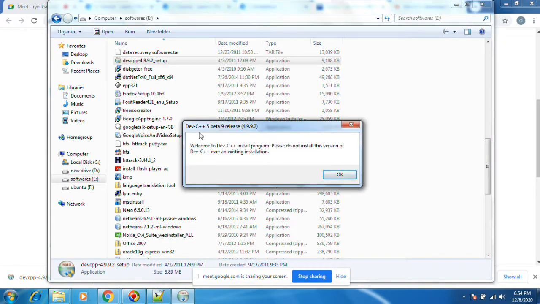There, and then this is the welcome to Dev-C++ installation. For C and C++, both use the same compiler only. For C++ also the same compiler, you need not install it once again for C++. Okay, press OK.